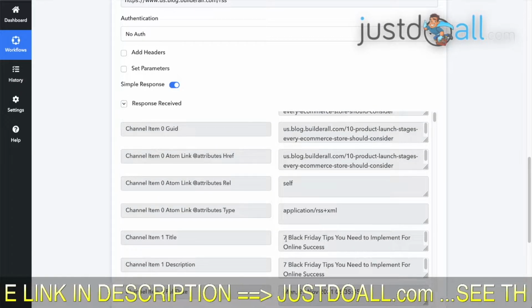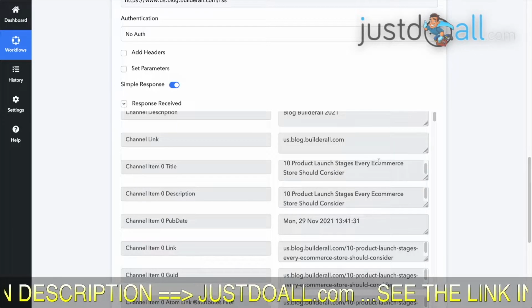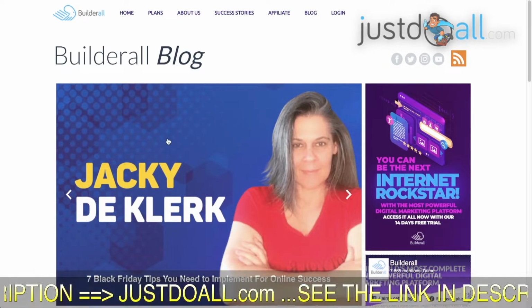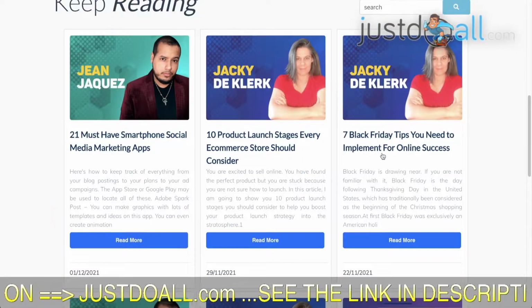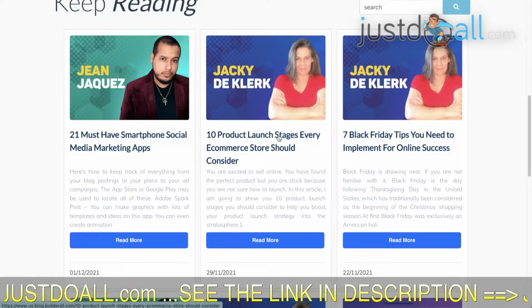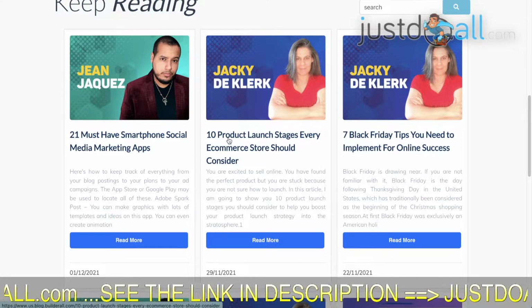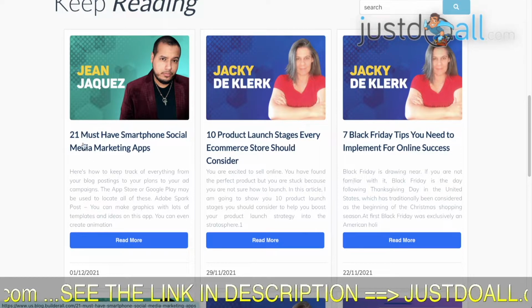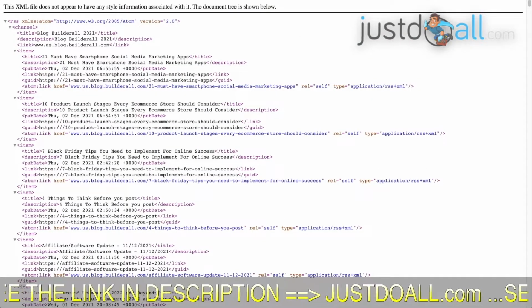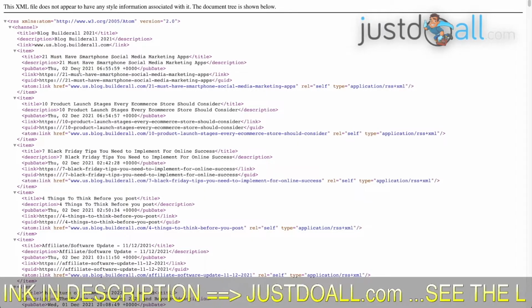Here you have 7 Black Friday tips, and here we have 10 product launch stages every e-commerce store should consider. Let's check this. Why do they say 7? So, yes, this is not correct, because here we have the 7 Black Friday tips and 10 product launch stages, and they don't have 21 must-have smartphone social. Why? If I refresh, here we have 21st.